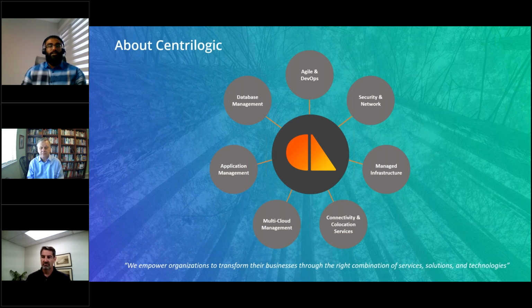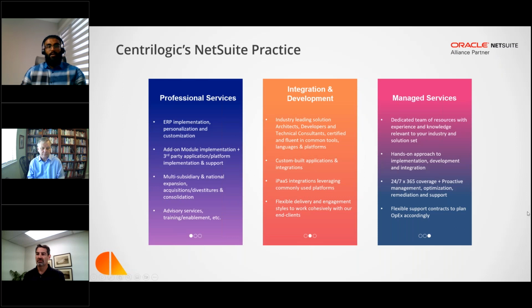We really pride ourselves on our customer-first approach and understanding the holistic challenges that a customer faces. We use all of our practice areas to get familiarized and help deliver relevant, holistic solutions that provide a true competitive advantage to your organization as it relates to your overall technology stack. And then moving onwards,